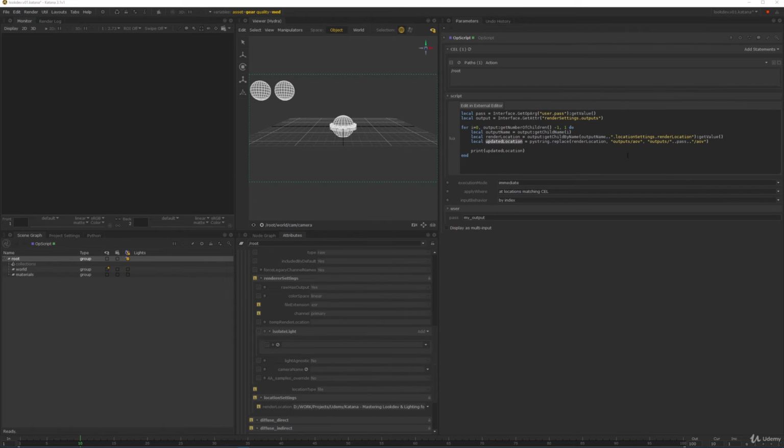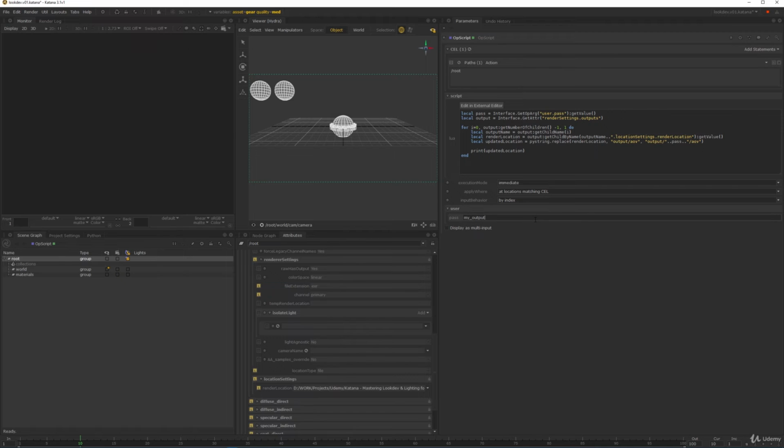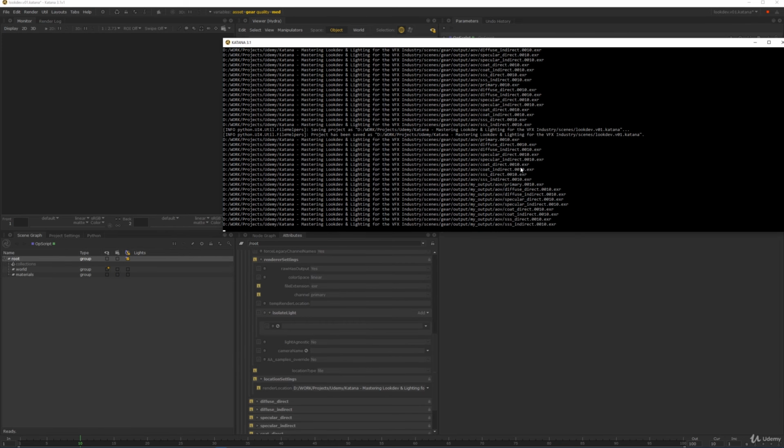So my problem was actually that outputs does not exist. The path is actually output and not outputs. So just be sure to check it now. And let's see if it works now. Yeah, now you can see that the string is being replaced, and we now have gear output slash my output